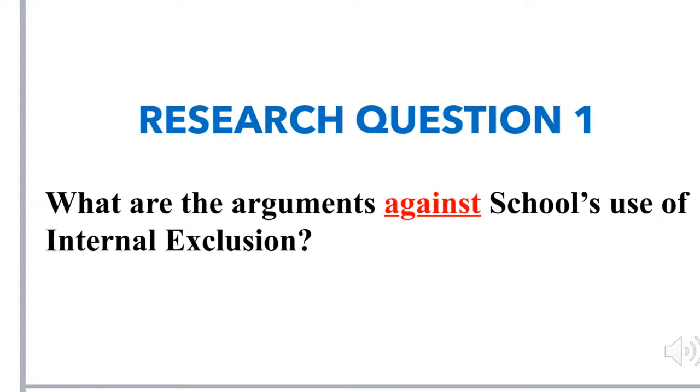Research question 1. What are the arguments against schools' use of internal exclusion? Now, before we start looking at this, I think it's important to define what internal exclusion is. I want to make it clear that I follow Holmes 2009, who defines internal exclusion to be the separation of a pupil from their peers temporarily due to their behaviour. But this is the only criteria I set. I place no time constraints on this. I place no criteria for an individual's placement, and I don't set any criteria for what that provision should look like.